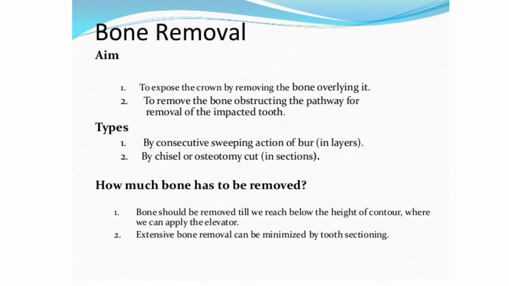And as I've already mentioned, there are two types of bone removal technique. One is by burr technique and the other is by chisel and mallet technique. In burr technique, the bone is removed in layers by consecutive sweeping action of burr. And in chisel and mallet technique, the bone is removed in sections by using chisel or by placing osteotomy cut